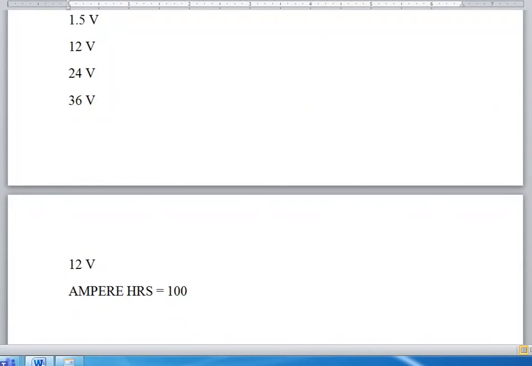So suppose if you want to conserve this, what we should do? It can give 50 amperes of current in 2 hours. Please remember this. 100 amperes in 1 hour. 50 amperes in 2 hours. Similarly, 25 amperes in 4 hours. So now when you fix that bigger value, you can run for longer duration of time.